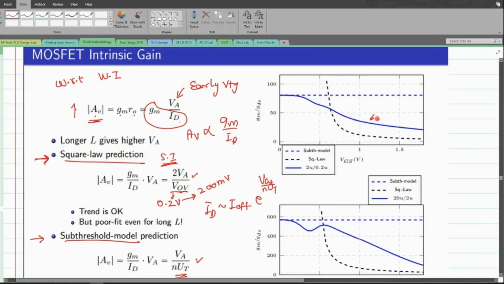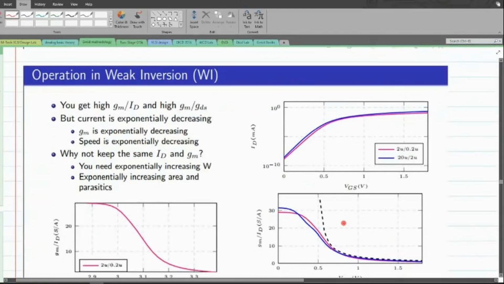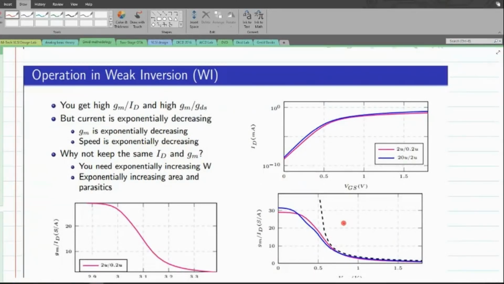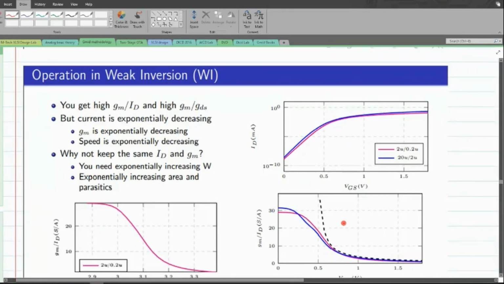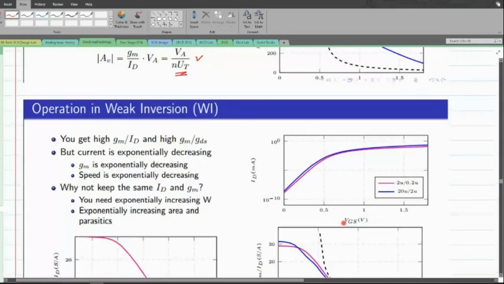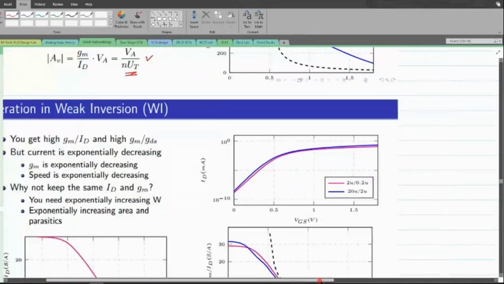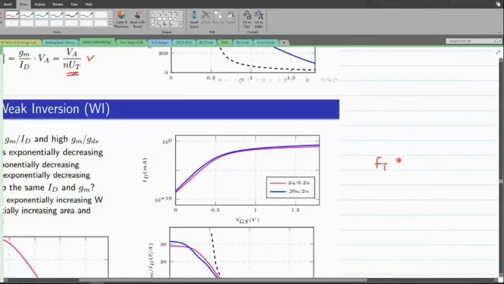But what you could see here is that GM times R naught is quite higher when I'm working in the weaker inversion for both the channels. So if at all I want to have a higher gain, then should I operate my transistor in the weaker inversion? That would be the question that you might normally have. But there is one thing that we also have to consider, and that is nothing but the transit frequency. Generally the transit frequency is defined as follows. I'm just writing down the formula, but you can find this relation everywhere in your textbooks. So I'm just directly writing this particular formula.